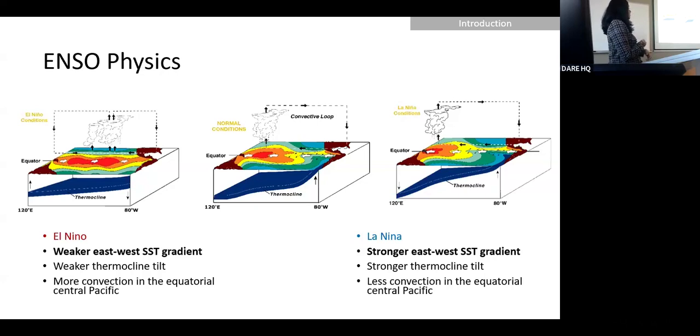Now you'll notice there's also a thermocline marked here in this three-dimensional diagram, and that is the interface between the warm waters that are warmed by the sun just through exposure and mixing, and the cool waters that almost never see the sun. So there's quite a sharp interface, and you know that warm fluids are lighter than cool fluids, and so they behave a bit differently. They have different densities, and this sharp interface gets pulled about by the upwelling induced by the winds. So when you have stronger upwelling, you get this slant in the thermocline, and when you have less upwelling in an El Niño, you get a flattened out thermocline.